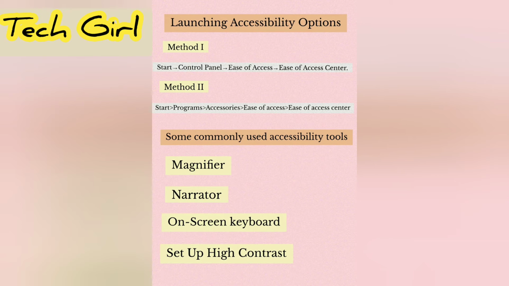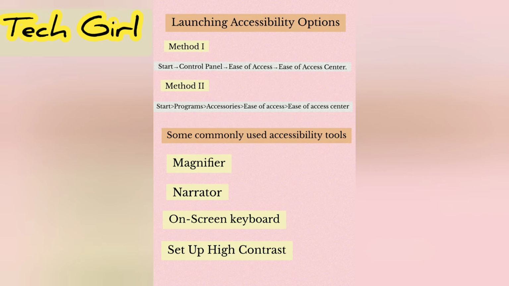Next is the on-screen keyboard. Instead of using the physical keyboard, one can use the on-screen keyboard if someone is facing a problem in using the physical keyboard because of any physical disability. To use an on-screen keyboard, simply click on the desired key using the mouse. The on-screen keyboard does not disable the functioning of a physical keyboard, and it is possible to use both keyboards simultaneously, and we can easily use this keyboard.